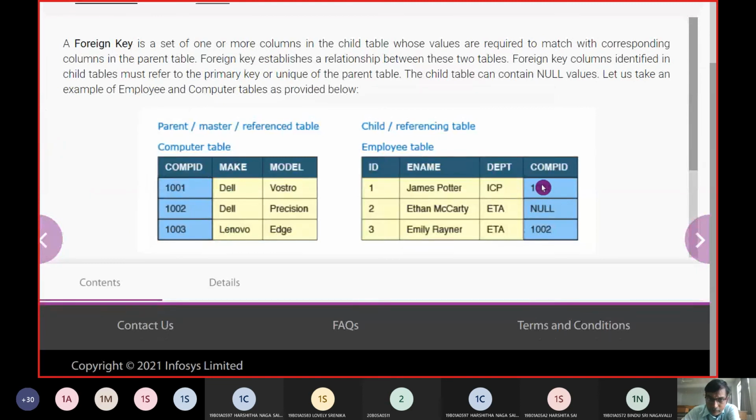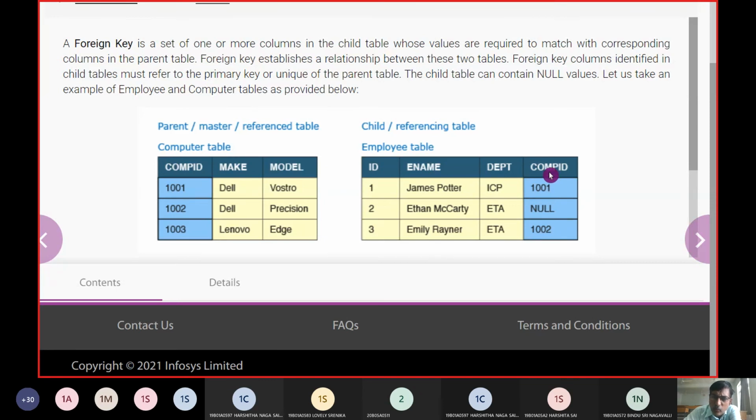The employee table now calls up the computer table. The computer table has computer ID as its primary key, and the employee table ID is its primary key, while the computer ID is the foreign key, with the same values.